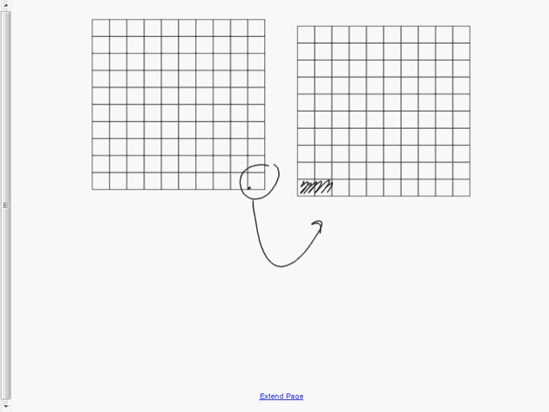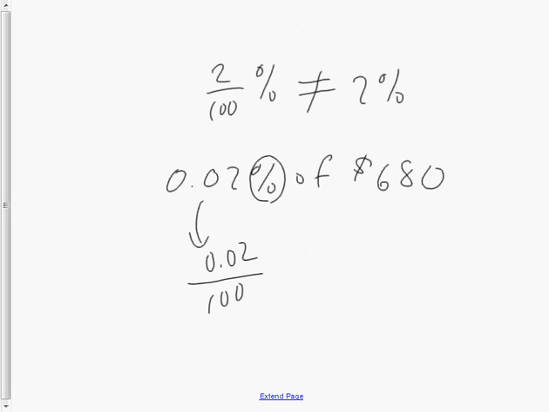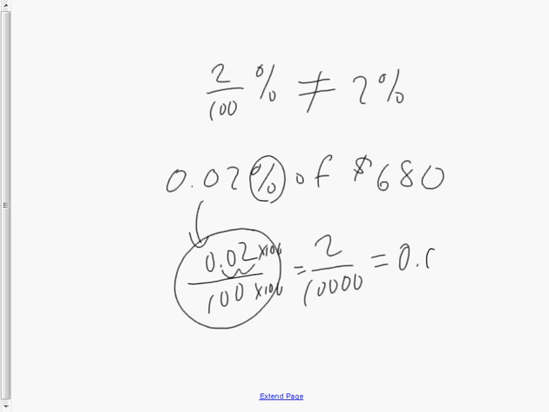So going back to that question, what is 2/100ths of $680? Well, I can't use this. This is unusable. But if I change it to an equivalent fraction, I would have 2 out of 10,000, which is 2 10,000ths, which is tenths, hundredths, thousandths, 10,000ths. So therefore, if I was to interpret the whole thing,